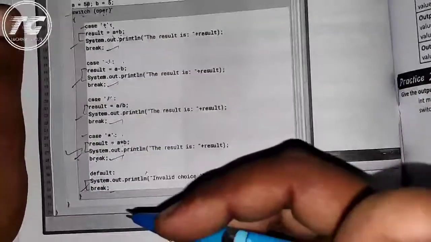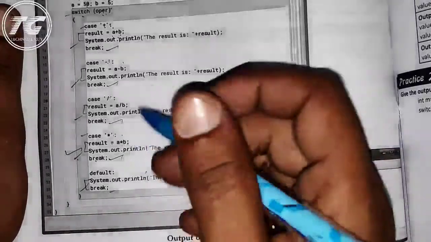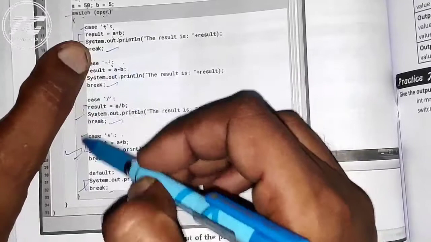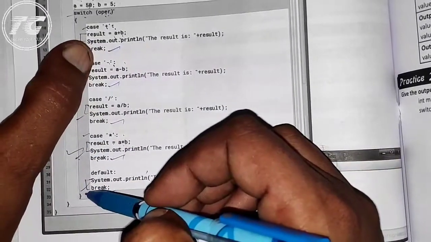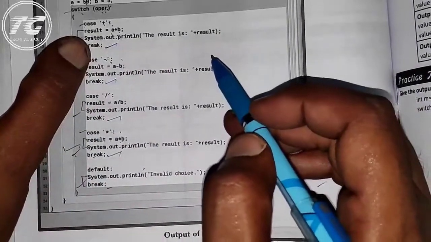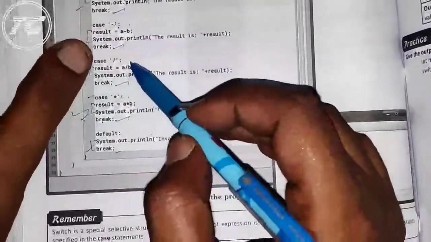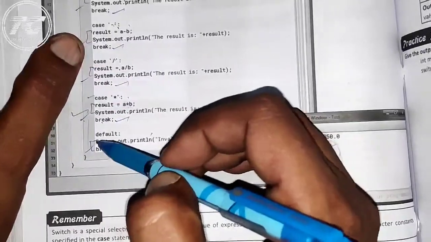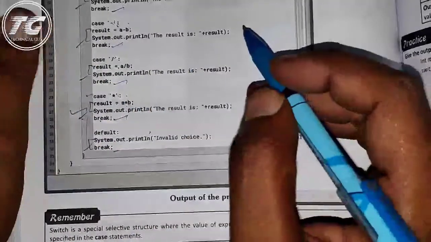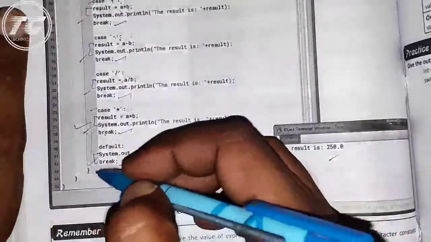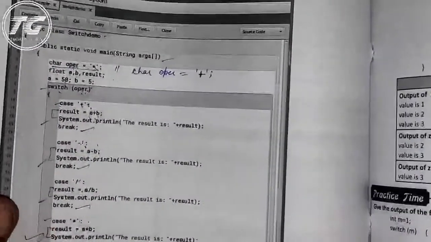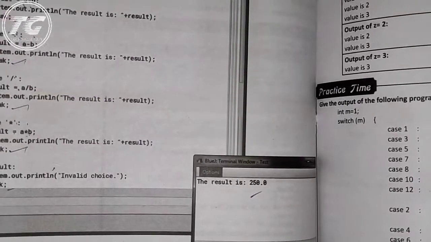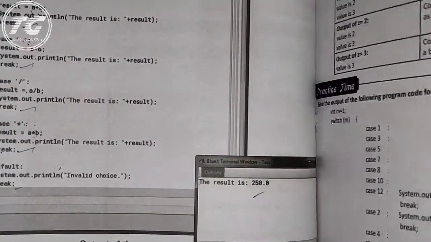So all the cases will execute if the break keyword is not written. Suppose the switch is matching with the minus sign, then from minus onward all will execute if the break keyword is not written. Suppose the switch is matching with the division sign, then from the division sign onward all cases will execute if the break keyword is not written. This problem is called fall through in the switch statement.